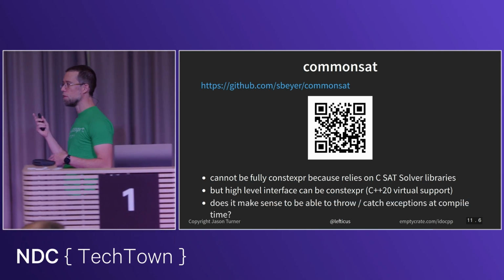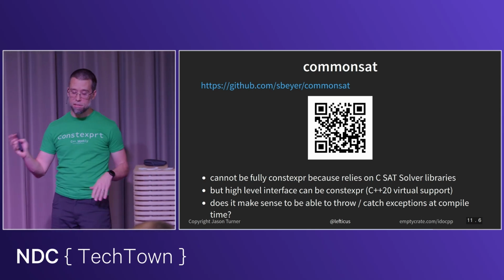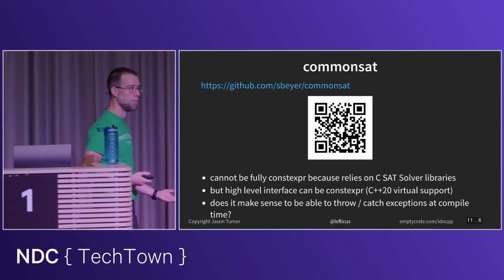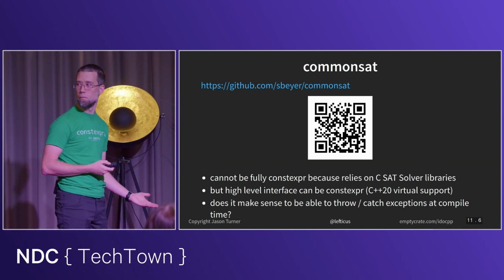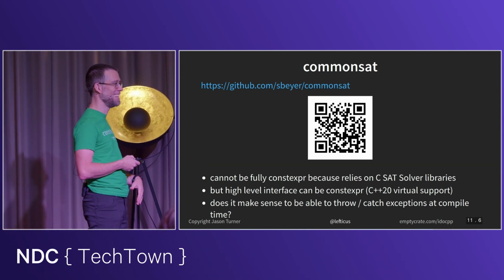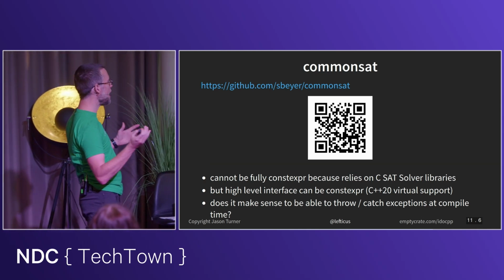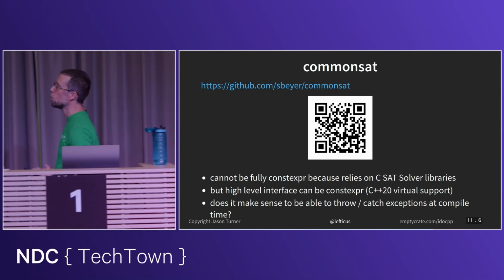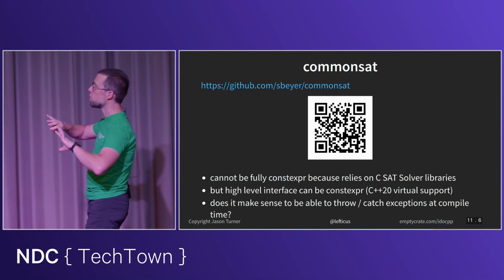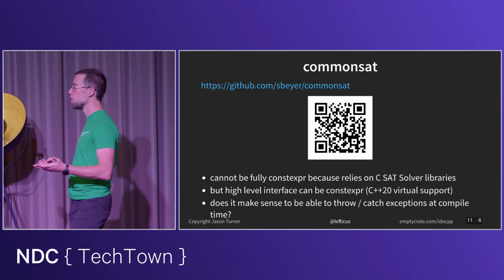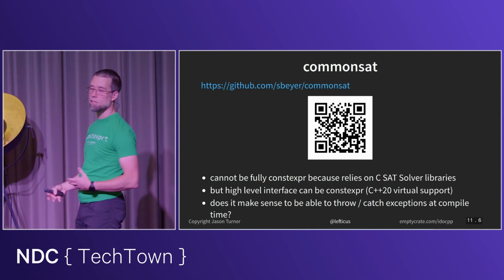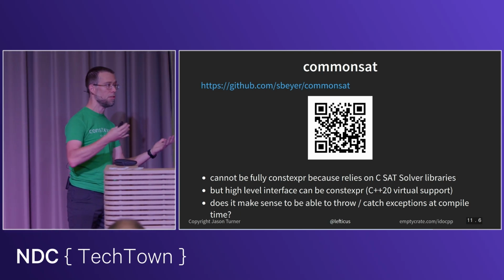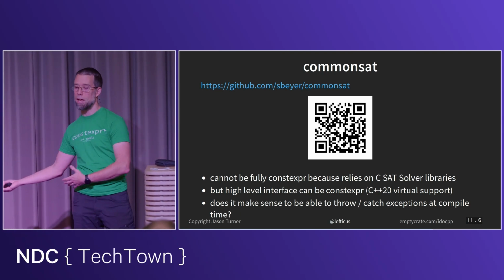And just as an aside, this thing does rely on throw and catch. Does it make sense to be able to throw and catch exceptions at compile time? One answer says yes. I think the real takeaway here is, besides the fact that it opens up a whole new way of testing our code when we have Constexpr enabled for our libraries, and ways for users of our library to use our libraries in ways that we never imagined,